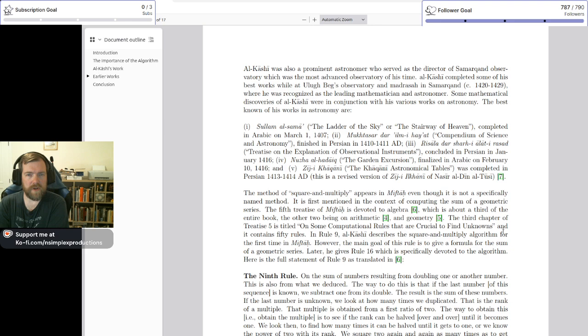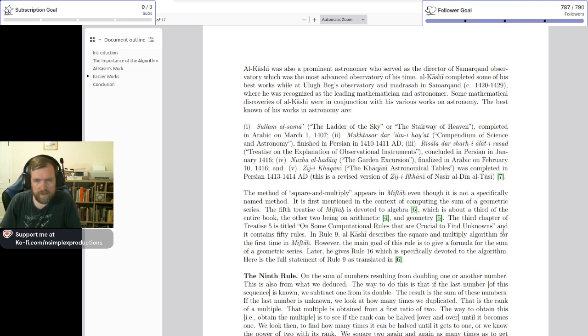Al-Kashi was also a prominent astronomer who served as the director of the Samarkand Observatory, which was the most advanced observatory of its time. Al-Kashi completed some of his best works at Ulugh Beg's Observatory and Madrasa in Samarkand, 1420 to 29, where he was recognized as the leading mathematician and astronomer. Some mathematical discoveries were in conjunction with his various works in astronomy. Best known are